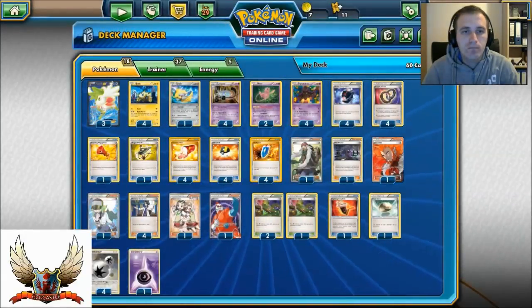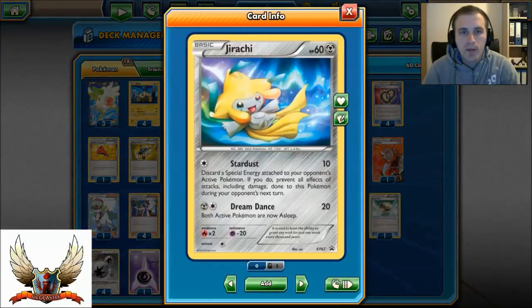I don't think you need to have more than 1 copy of N in your deck, in my opinion. But yeah, looking at other cards, we have Jirachi with Stardust. It's definitely good to counter those mirror matches, but also to counter those annoying Seismitoad Giratina decks, and also the matchup against